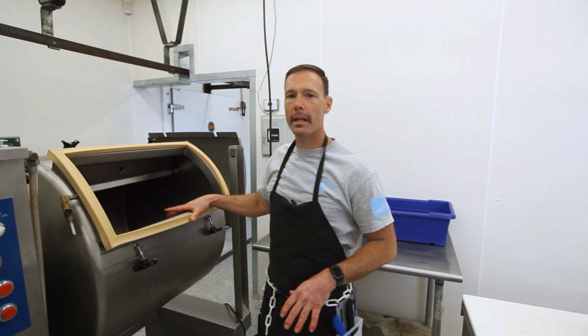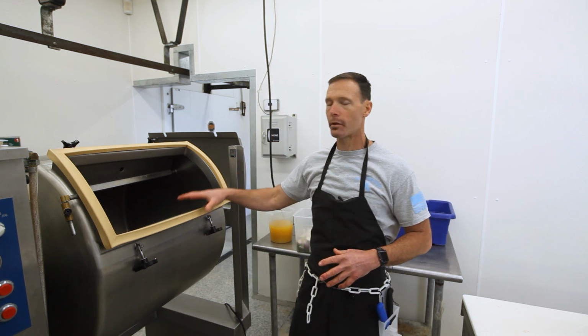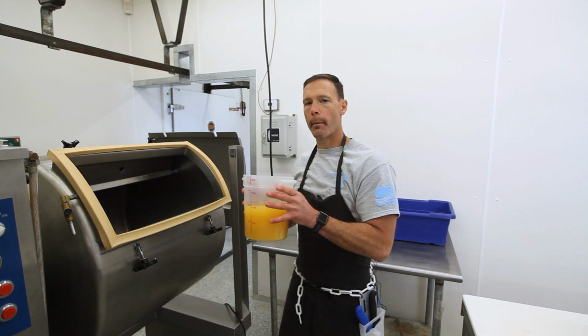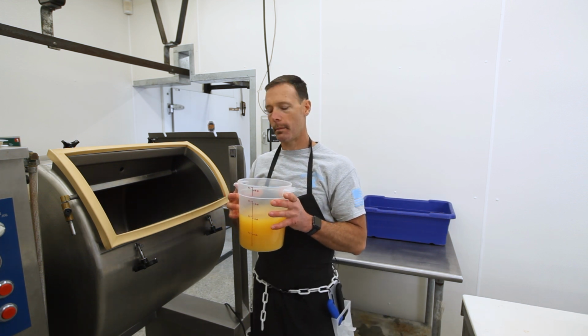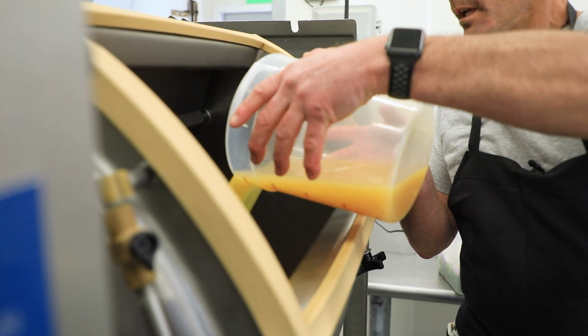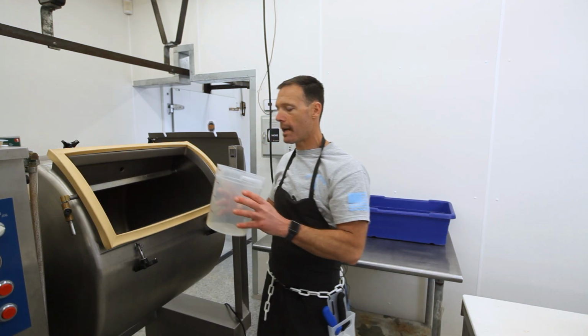Okay, after we have our meat in here, now it's time to add the flavorings. That's the most important part. Obviously, we're trying to impart flavorings into here. So we have a little bit of pineapple juice that's going to go in there. That's going to be the liquid that we use to help impart the flavor into the meat. It also has a natural acidic pH in it that will lower or change the pH and make that naturally